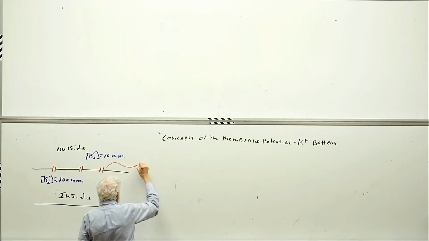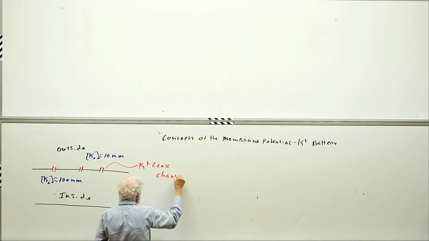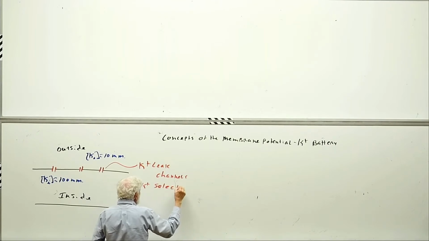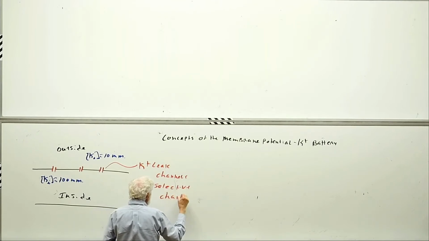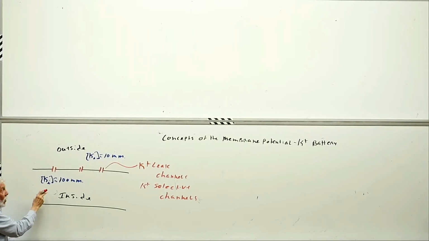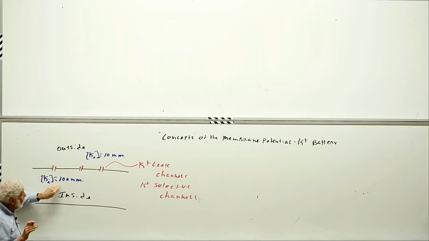And I'm going to label these as potassium leak channels. These are potassium selective channels. Now, just where we are now, see what's happening. We have 10 times more potassium on the inside than on the outside. The outside can effectively be the ocean. It's an enormous volume. So what's going to happen if we simply put 10 times more potassium on the inside